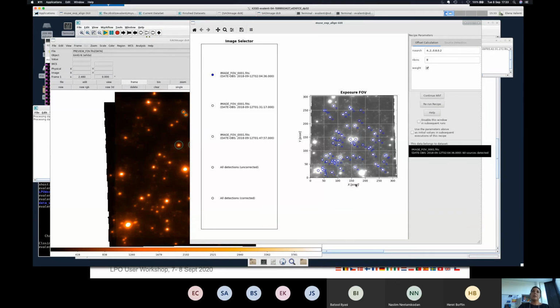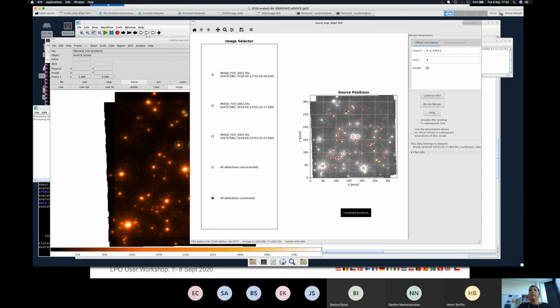But as I mentioned before, at the edge of the field of view you expect the stars to be elongated because of the anisoplanatism. So it's better not to consider those elongated stars for the correction. So you jump directly to the alignment, and then at this point you can zoom in to check the